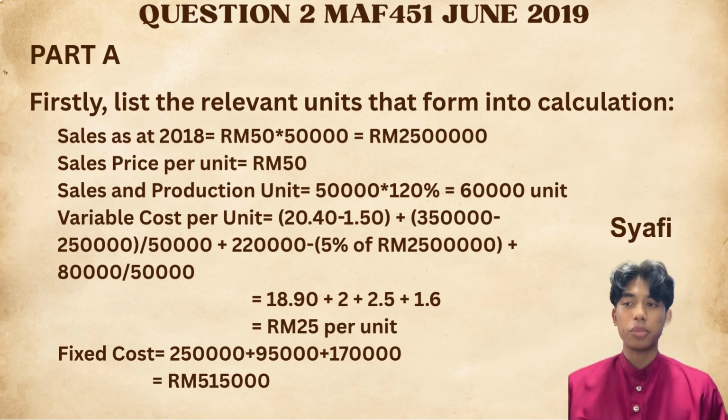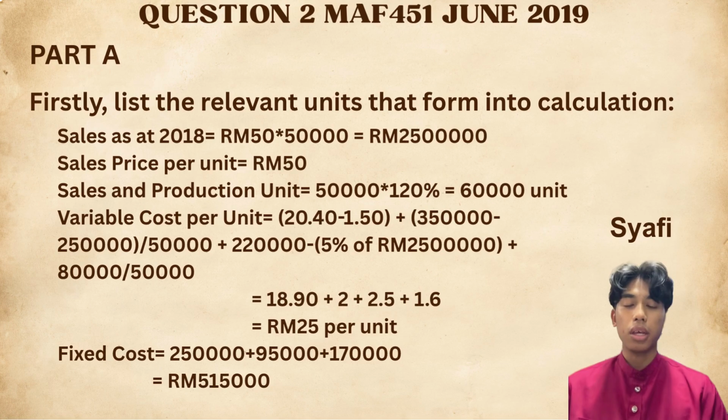Let's continue with the next parts. Before we answer the break-even point, firstly, we need to list the relevant units that form into the calculation. As per the information given, sales in 2018 is a total production of 50,000 units and the sales per unit is 50 ringgit. And we will get the total sales of RM